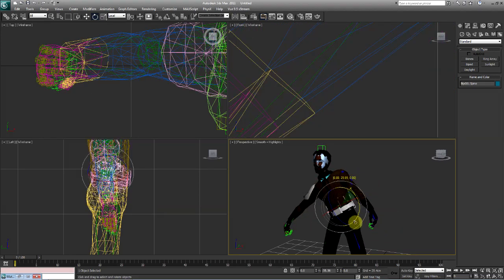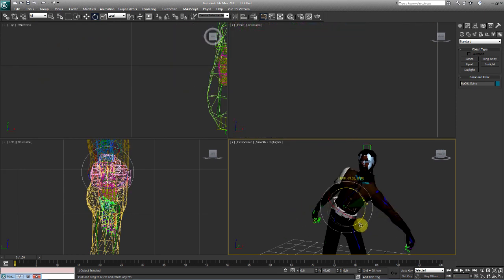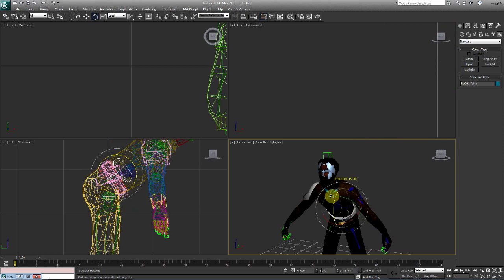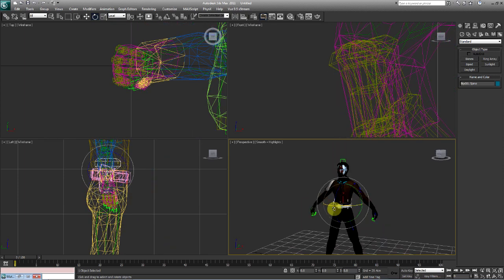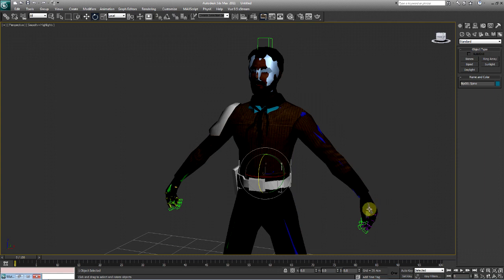If you made it this far, you should give yourself a happy dance by putting the rotate tool on the spine and doing this, or maybe a quick rock out, because you are awesome for making it this far. Now, as I said, if you have any questions, leave some comments down below in the section. This was a really long tutorial, and if you made it this far, give yourself a pat on the back, because this is not easy. Not everyone can do this. It takes time. It takes a lot of time, and trust me, doing a tutorial takes time too.